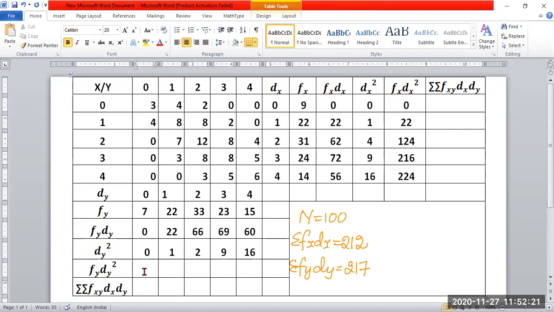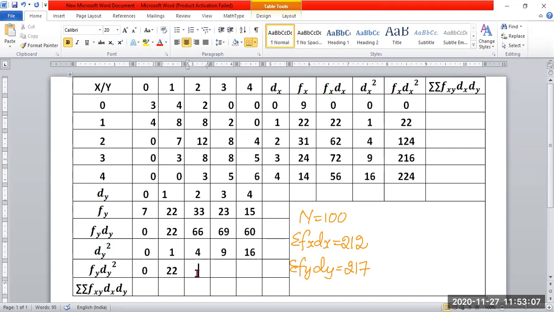Fy dy square. 7 into 0, 0. Okay, now 22 into 1. Fy dy square, 22. Next, 2 into 66, 132. Next, okay, just a minute. That went wrong here. Fy dy square. No, okay. 2 square is 4. Sorry, 2 square is 4. Fine. The next